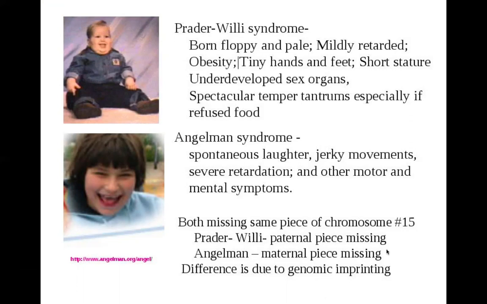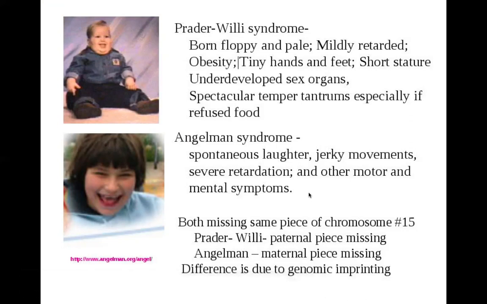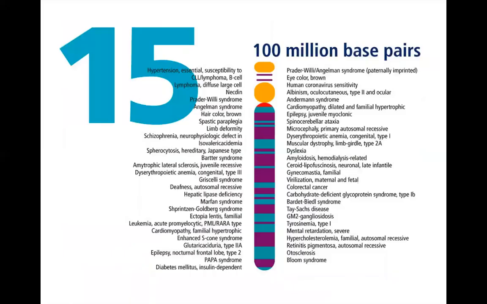But to go back and contrast these two, individuals who inherit Angelman syndrome tend to have spontaneous laughter. They tend to have jerky body movements. They are much more mentally challenged, and they also have other motor and mental symptoms that may be more recognizable. So what are some of the body traits that chromosome number 15 can control? Well, here is a long list of some examples of other diseases and problems that are associated with